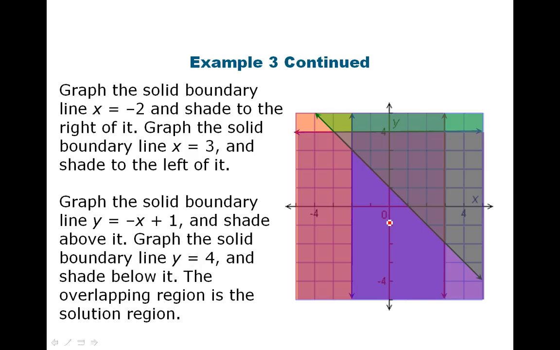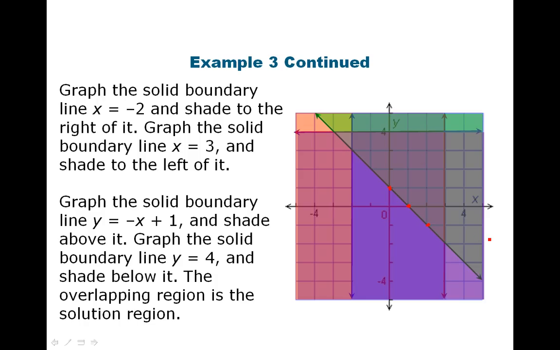Then we're also going to graph the solid boundary line y equals negative x plus 1. And I know that this picture is super colorful now, but let me show you where that one is at. So the y-intercept is at positive 1 and our slope is negative 1. So it turns out that this green line right there, that's our negative x plus 1. And because we had y is greater than or equal to negative x plus 1, it's a solid line we're shading